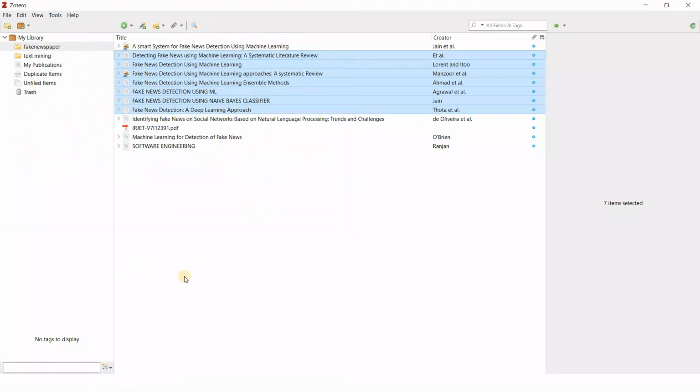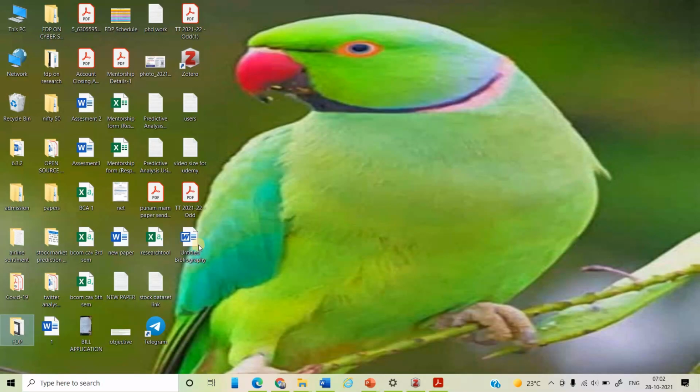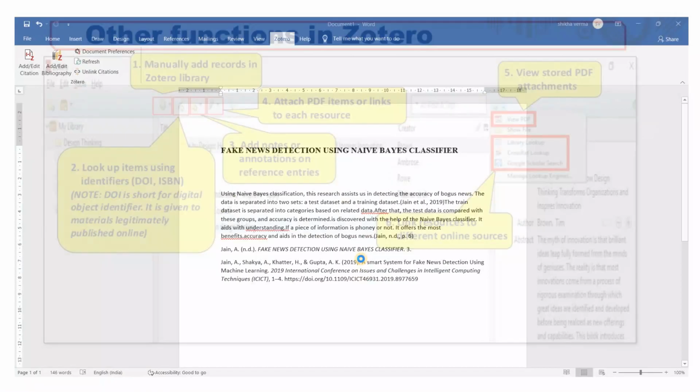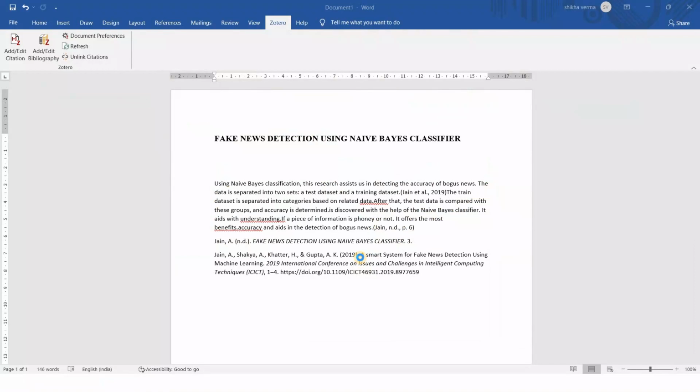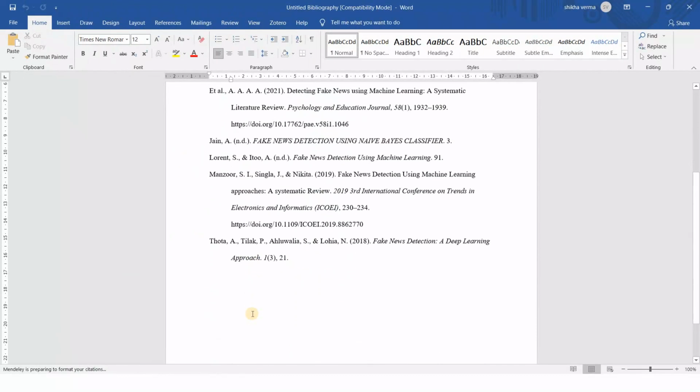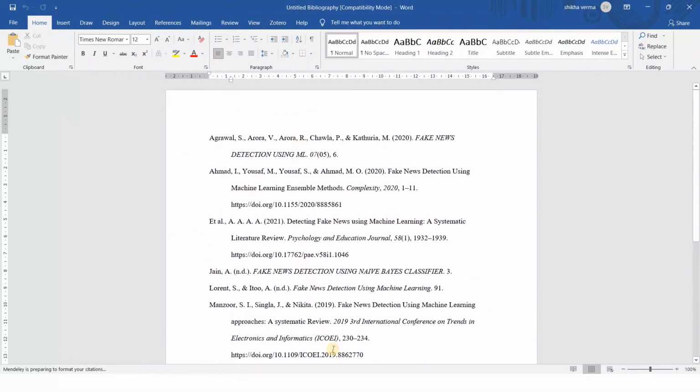So it will save on my desktop. So here is the bibliography. Let me show you. Here you can see the bibliography is added, which papers I have